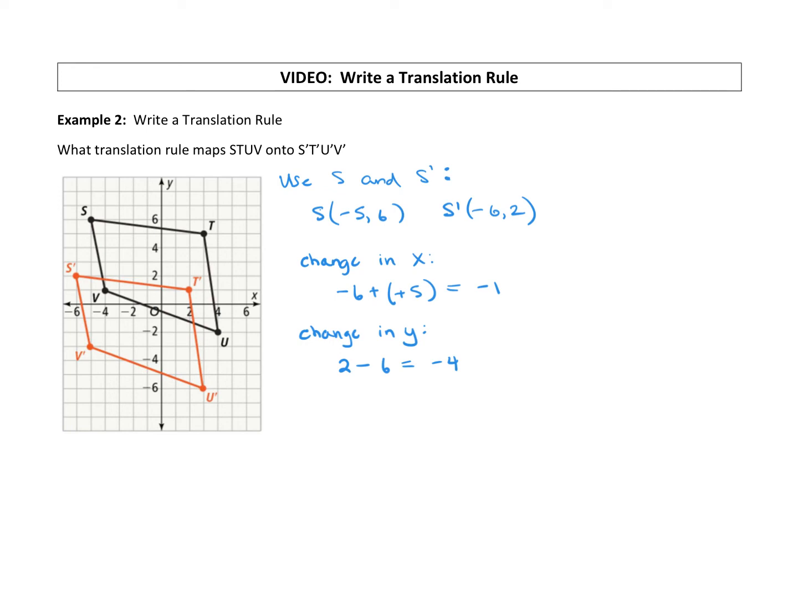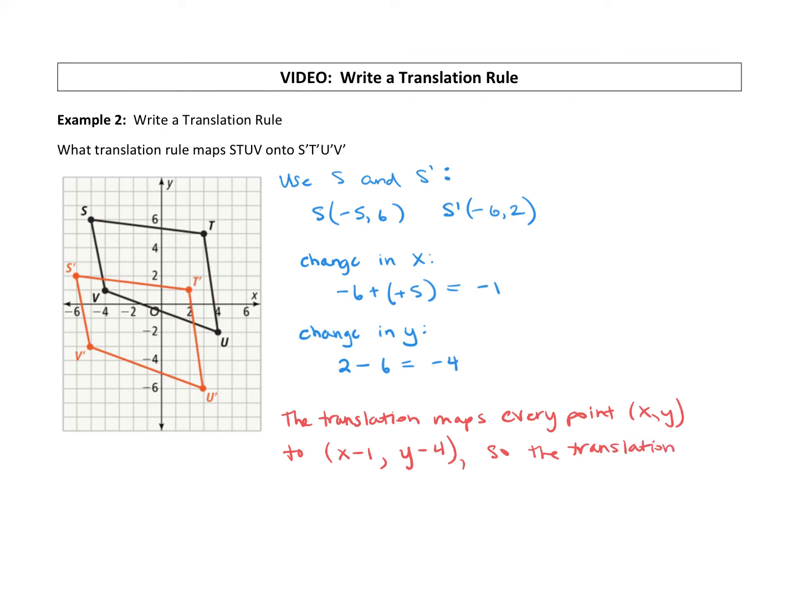Now, just to answer the question, the translation maps every point (x, y) to (x - 1, y - 4). We subtracted 1 from our X's, and from Y we subtracted 4. So that means the translation rule is